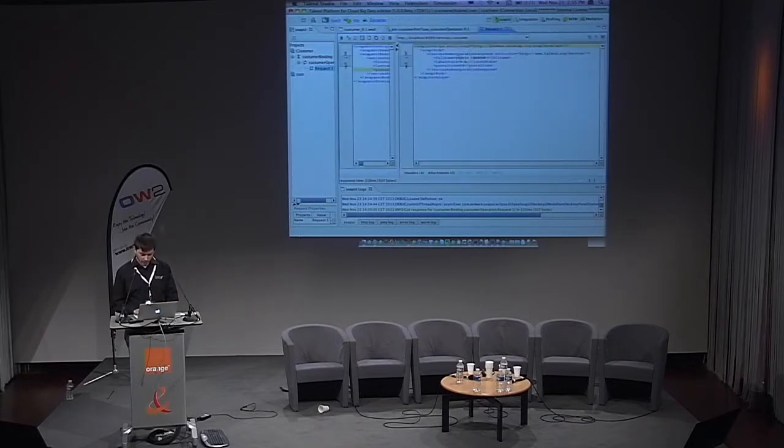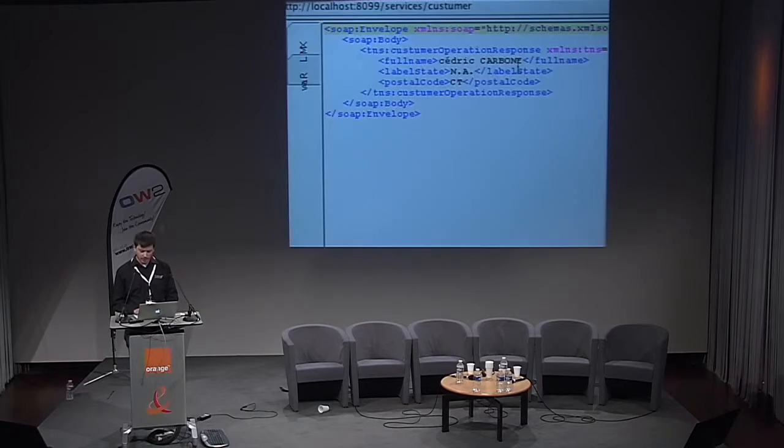And here the response is the full name. So you can see my last name is now in uppercase. For the label state, currently I don't have any logic, so it's just not available. And the postal code just comes back as city.